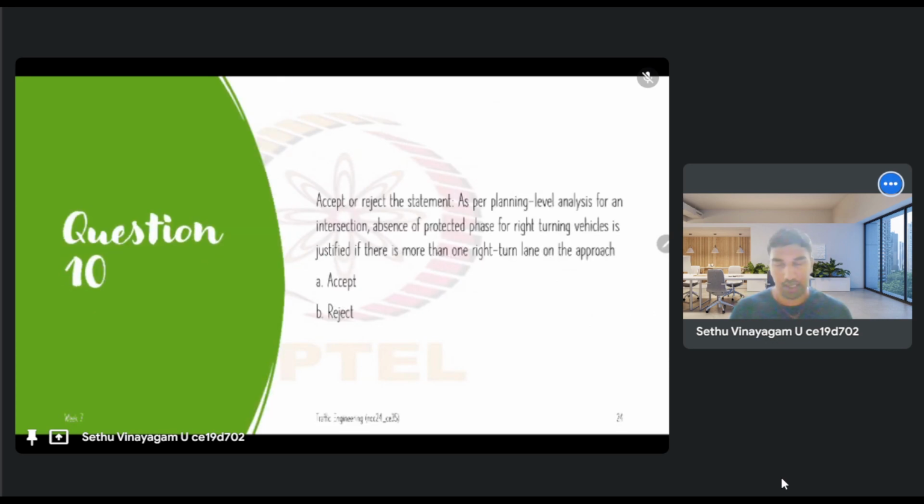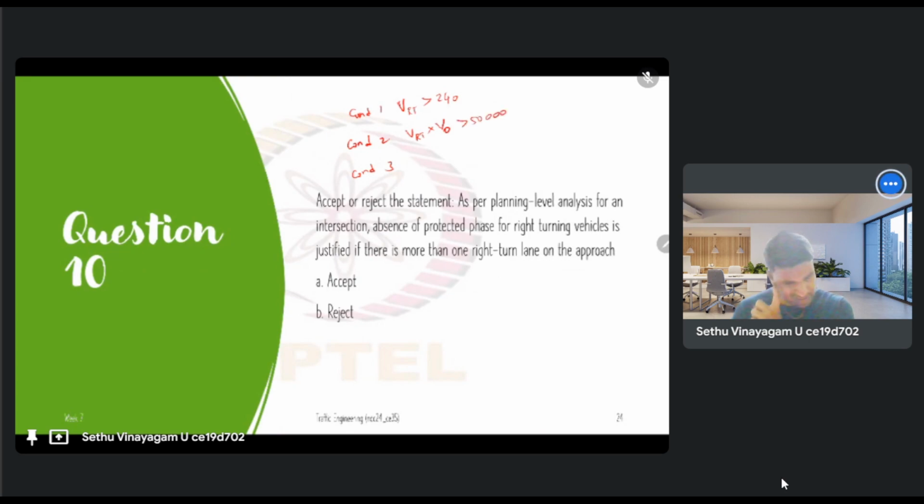So why? Again, in the planning analysis, the first step itself is this, right? We have to decide whether we are going to have a protected phase for the turning movement or not. So we have three conditions in the analysis that tell us whether the protected right turn is justified or not. The first condition is, I think, if the turning movement volume is more than 240 vehicles per hour, then you must have a protected phase for that. Or if the product of the turning movement volume and the opposing movement volume, I think, is more than 50,000,